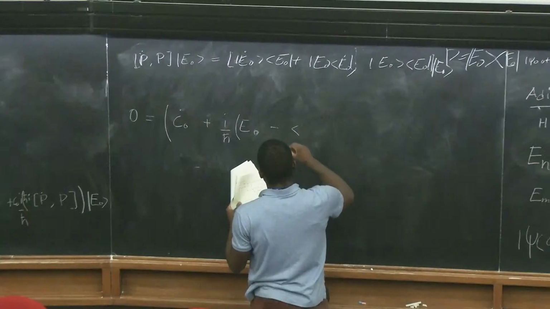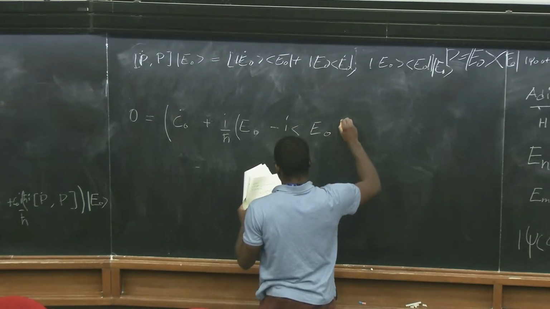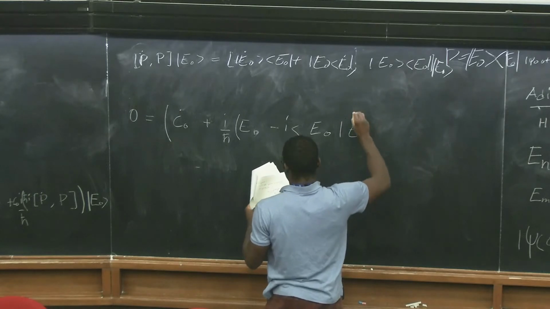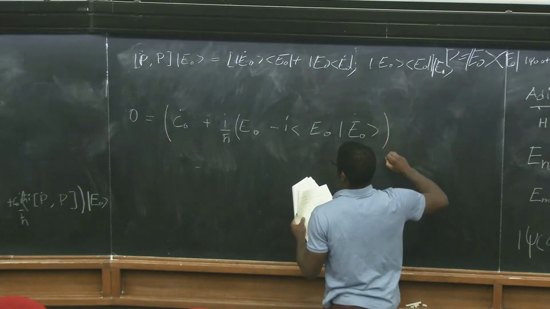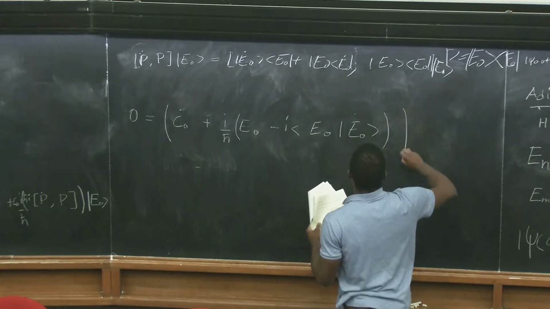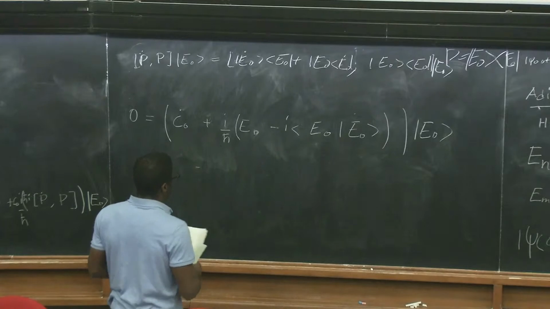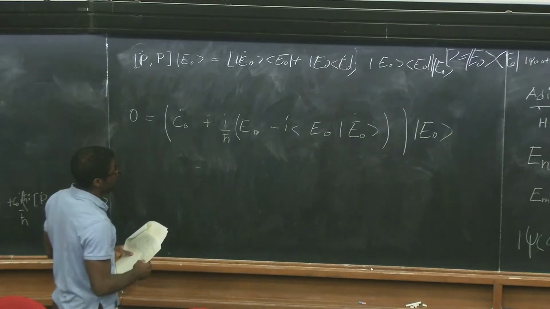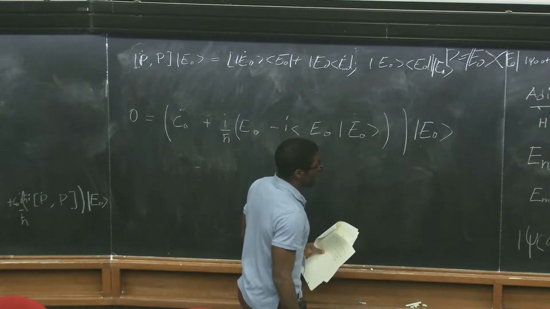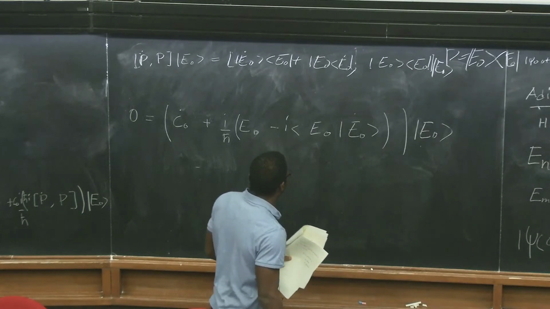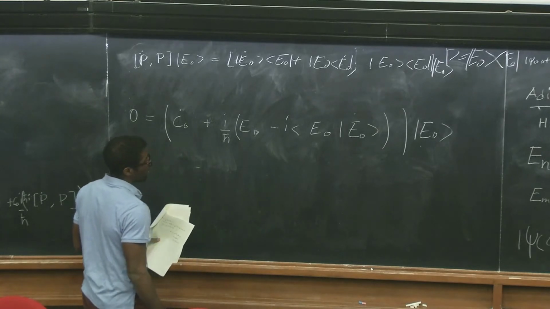And you're going to have minus I is 0 dot. Okay. And this is going to multiply is 0. So what happens is that all the terms in the equation vanish except those that multiply directly the single eigenstate E0, and then we have an equation with just a coefficient on a single vector.